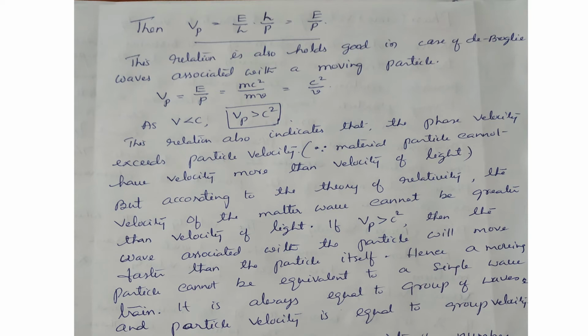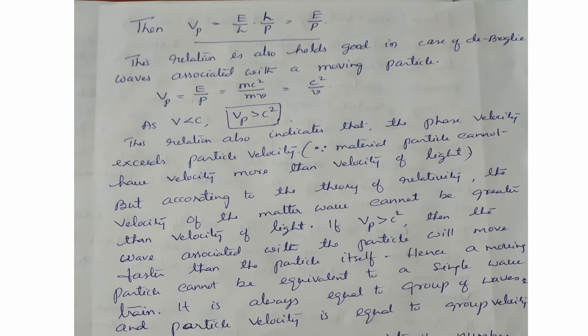Instead, it is considered to be equivalent to a group of waves. The wave associated with the moving particle is considered as a group of waves. It's equivalent to a group of waves. And here the particle and the group of waves travel together, so that the velocity of that group of